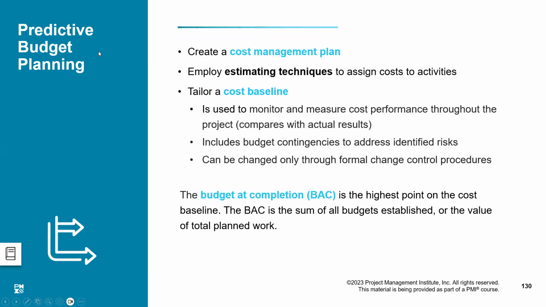Coming back to the predictive project planning, just like schedule and other areas of predictive project management, we develop a detailed cost management plan before getting into the execution, and that means we will allocate the cost to each and every work package of the project. Moreover, in scheduling, you have seen that we have broken the work packages down to the activity level. So now I will have to estimate each and every activity.